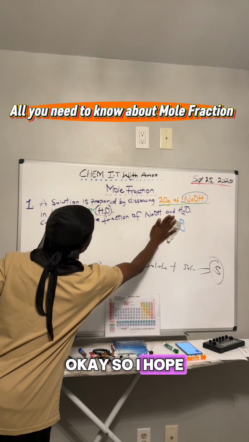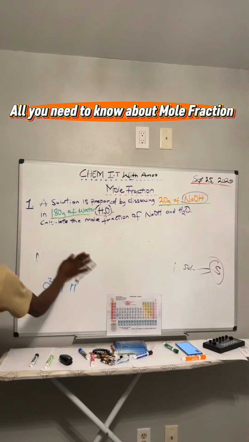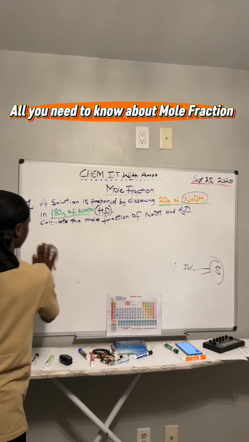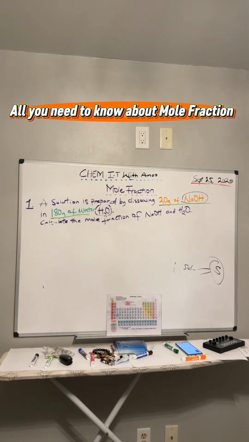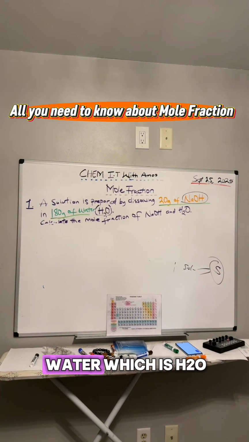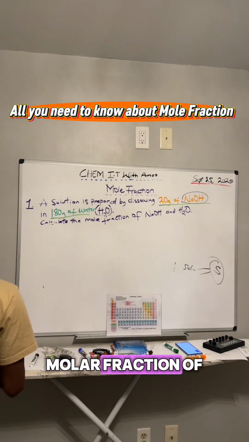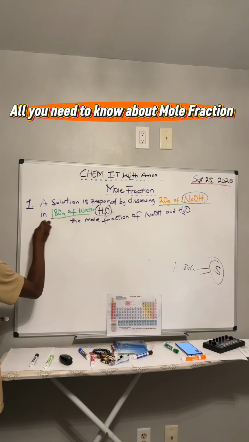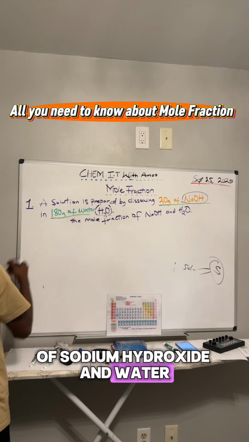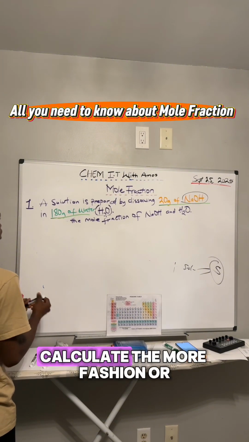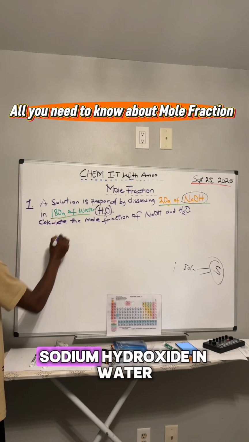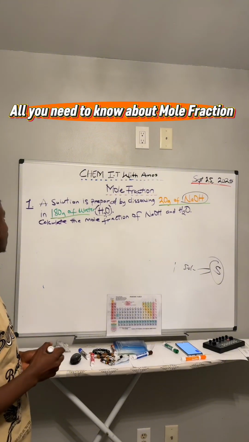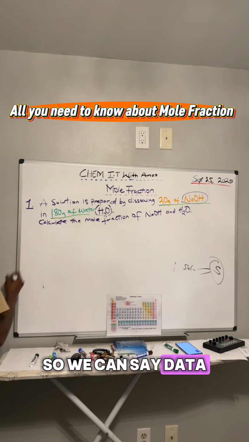Okay, so I hope you have a little clue on that, so we can now solve this problem. A solution is prepared by dissolving 20 grams of sodium hydroxide in 180 grams of water, which is H2O. Calculate the mole fraction of sodium hydroxide in water. So we can say, given: